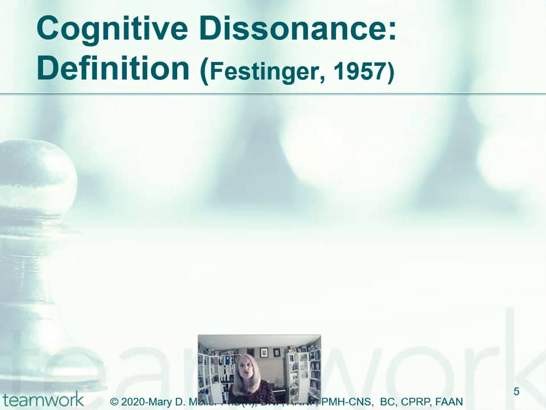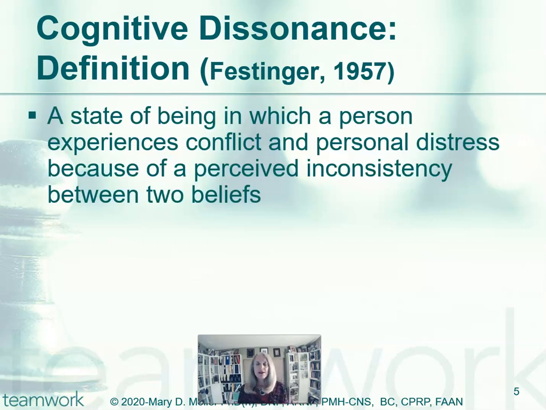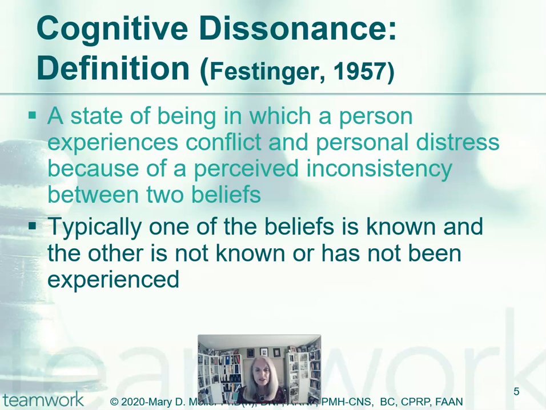So looking at Festinger's definition of cognitive dissonance will help, I think, give you a new appreciation for what people go through who are having a psychotic episode. He defines cognitive dissonance as a state of being in which a person experiences conflict and personal distress because of the perceived inconsistency between 2 beliefs. And typically one of the beliefs is known, the other is not known or has never been experienced before, such as all of a sudden there's an intrusive delusion that's